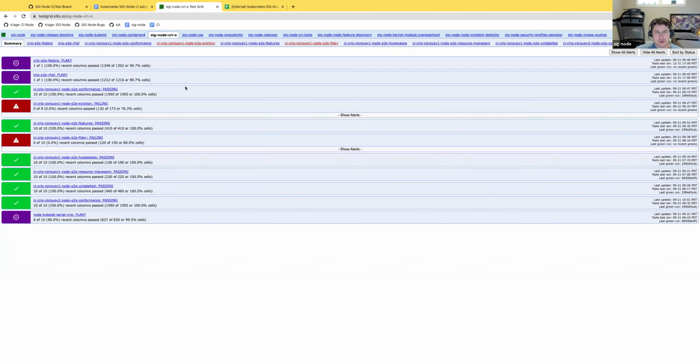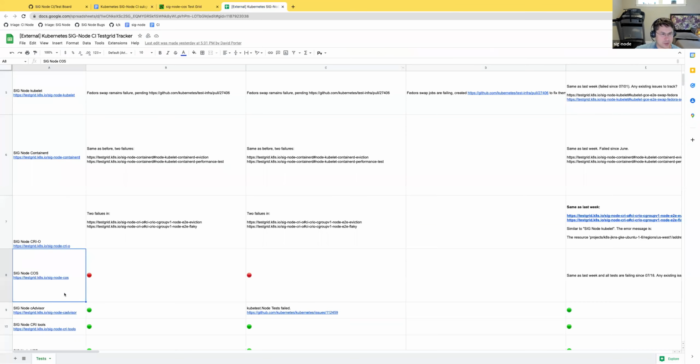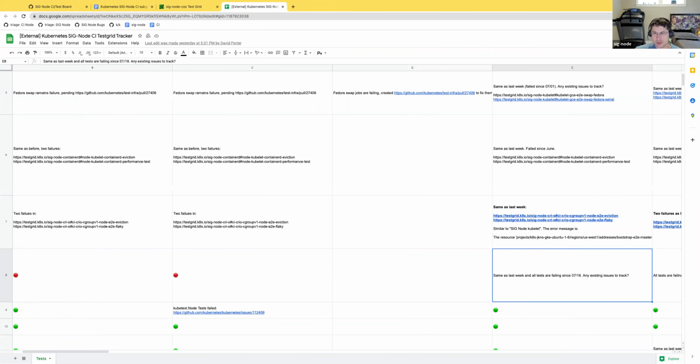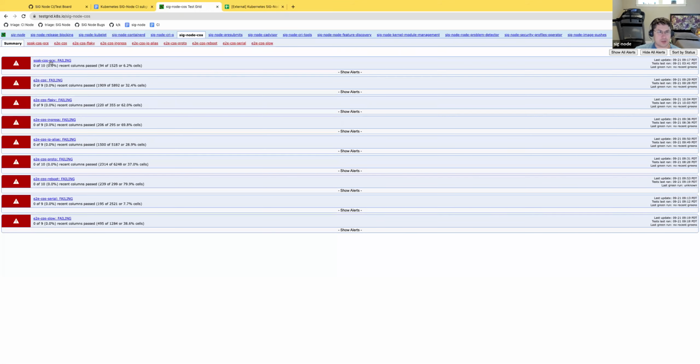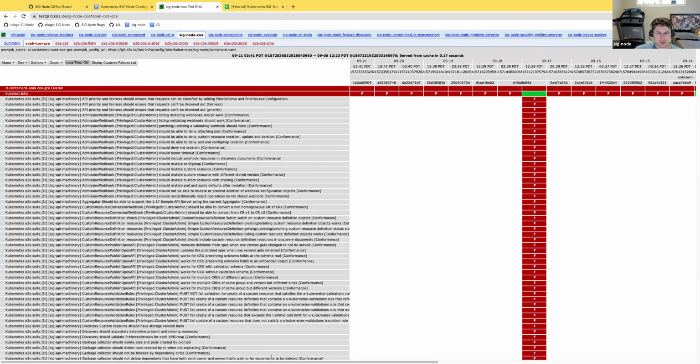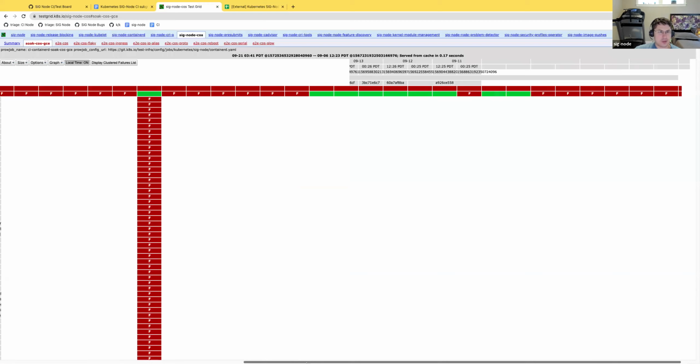My understanding is that this tab has been failing for a very long time now. I see here, SIG Node calls, it was failing since 7.18. I cannot even track the history because it doesn't go that far into the past.